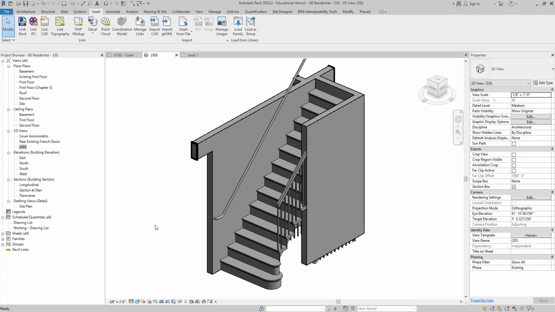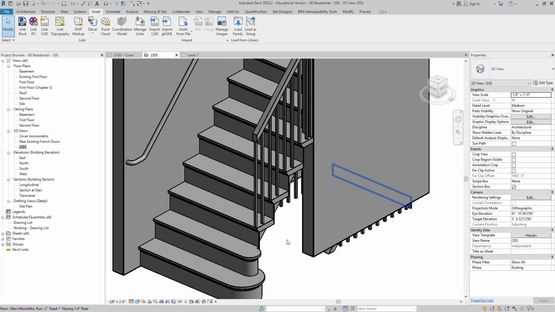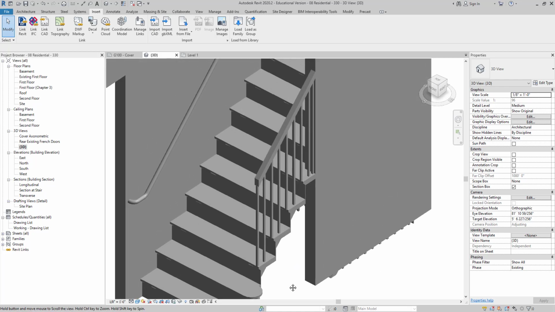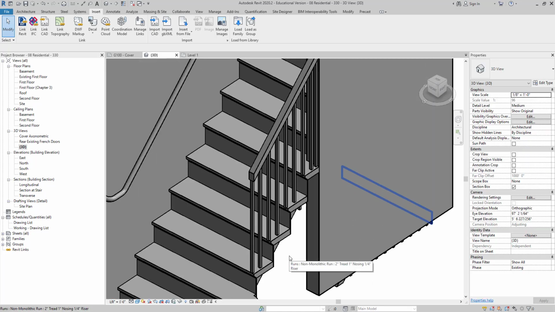Alright, the last part of this exercise is to modify this railing that's up here in front, and we need to load a few different families for this. We're going to change the baluster type, the top rail, and the corner post. Right now we're going to get rid of those little 1-inch squares and put something more interesting in there. To start, I'm going to go to the Insert tab and click on Load Family,